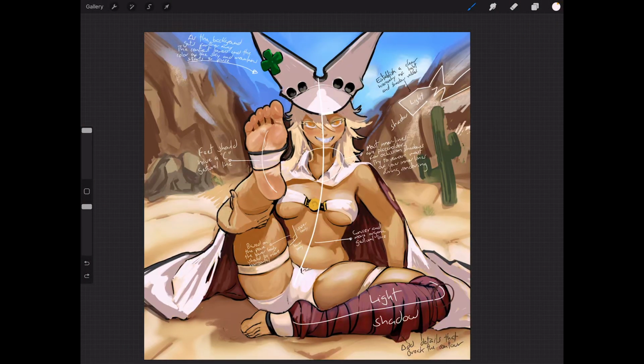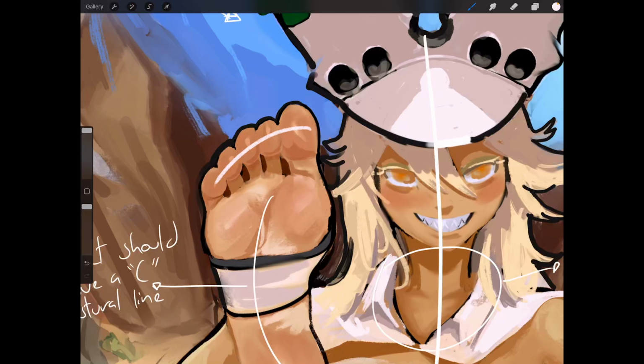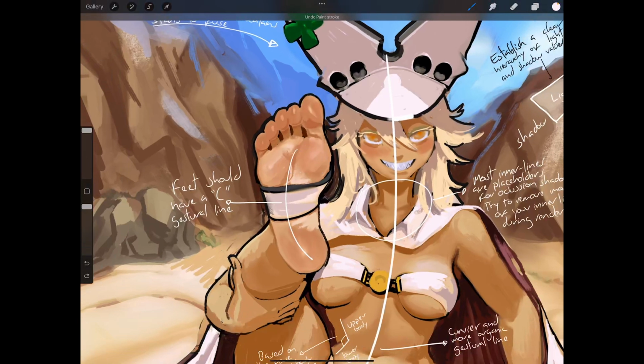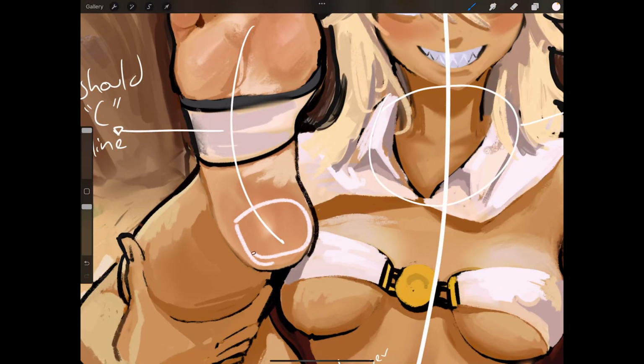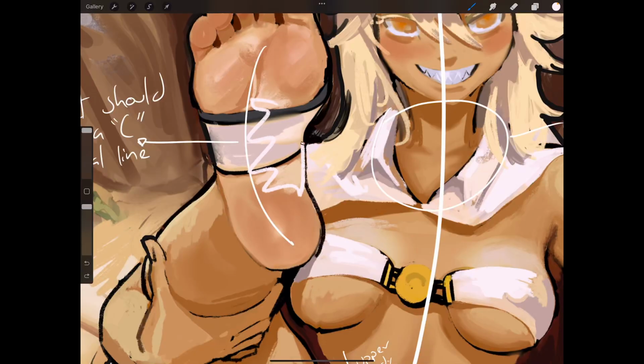Obviously, you have to bump up the saturation of the toes, they are more saturated. This section is also a bit saturated, but not as saturated as the toes. And the heel area is very saturated too. This place, because it's not touching the ground, has a lighter value. Okay.